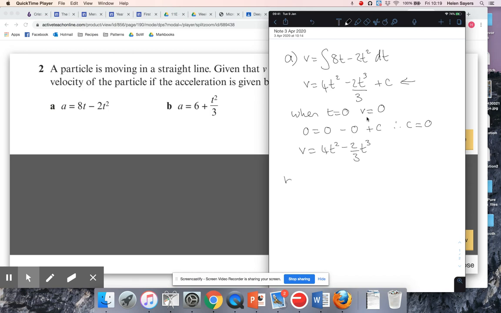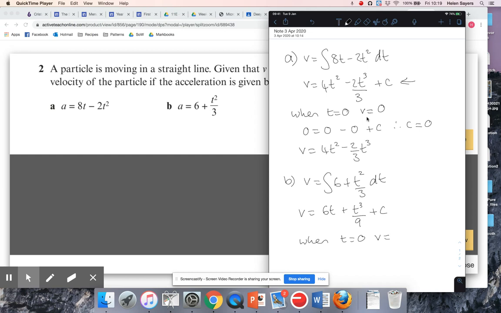Okay, so same for b. So velocity is going to be the integral of acceleration. Okay, so 6 is going to integrate to 6t. I'm going to increase that power to 3, and then if I divide by 3 again, that's going to make it all over 9. And again, even though I can see that c is going to work out to be